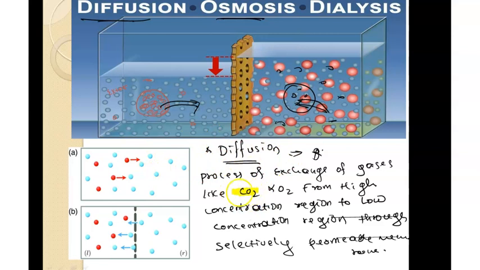See here, you are going to see the exchange of carbon dioxide and oxygen between the blood and the alveoli air chambers, which happens in your lungs. So the process which happens in the lungs is actually diffusion. The exchange of carbon dioxide present in the blood and oxygen present in the alveoli air chamber takes place through this diffusion process only.